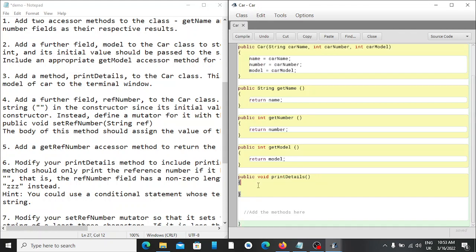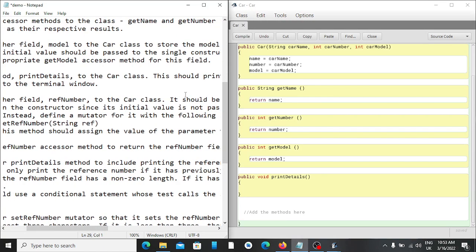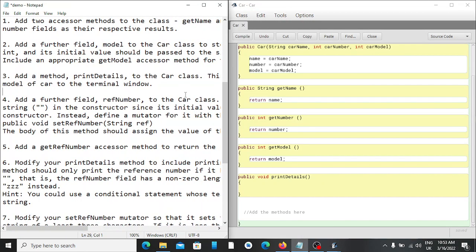and then we are going to print the name of the car, the number, and then the model of the car. So we can do a System.out.println